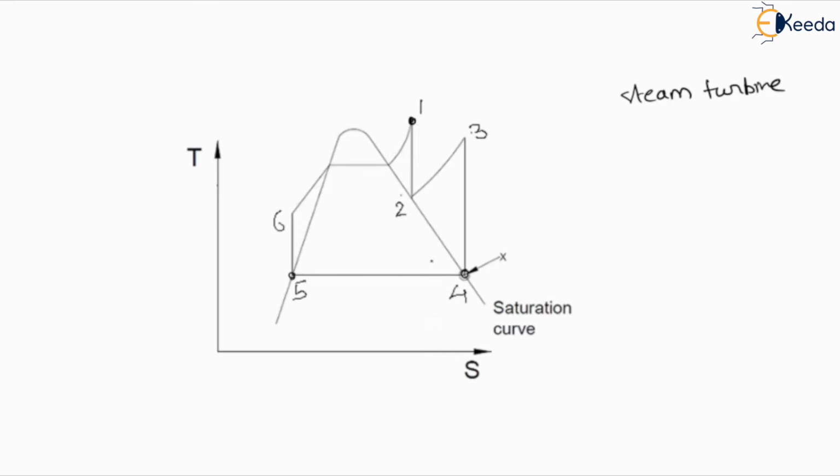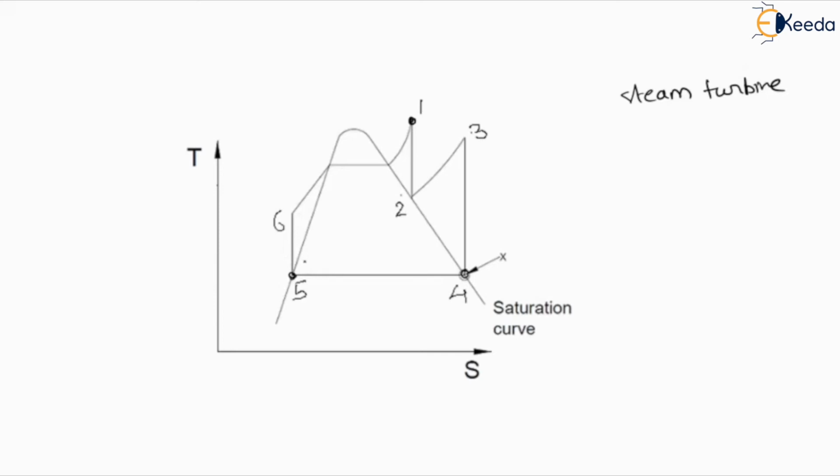So let's see this TS diagram according to the flow diagram. Here, at the entry point, if we consider the entry for the saturated liquid in the pump, it is defined as point 5, and here the pressure goes directly from low to high. In this particular condition, the pressure goes directly from low to high because it is not at a phase change. So the pressure will go from low to high in this process.